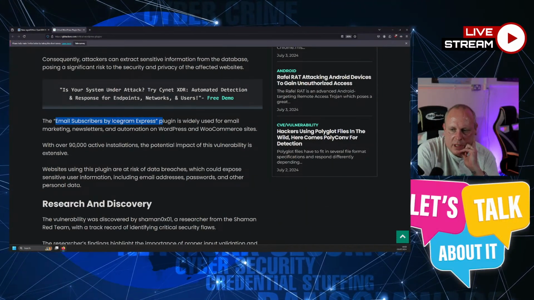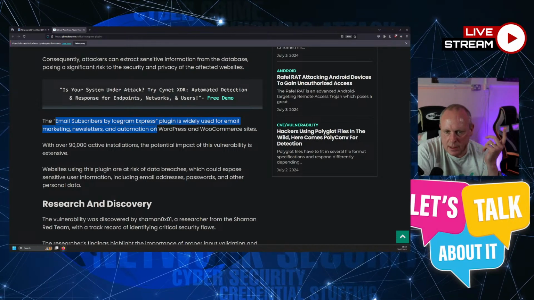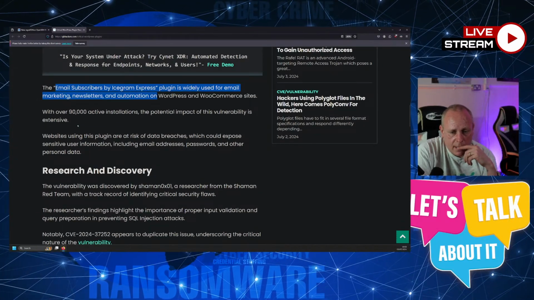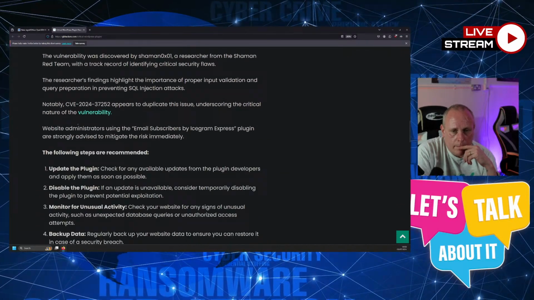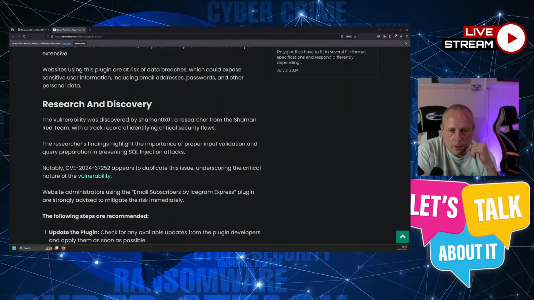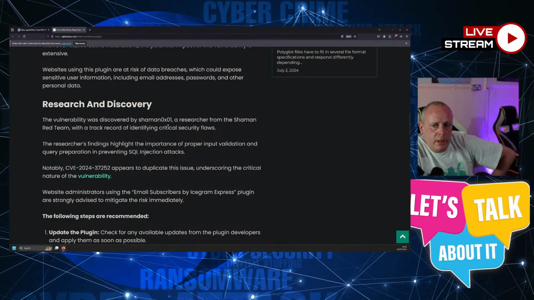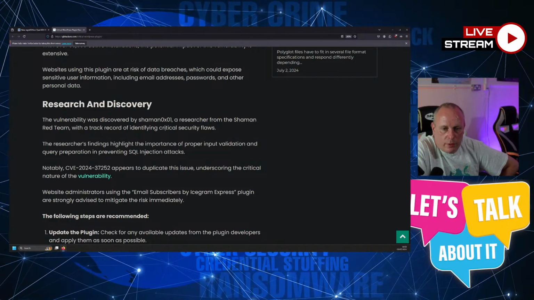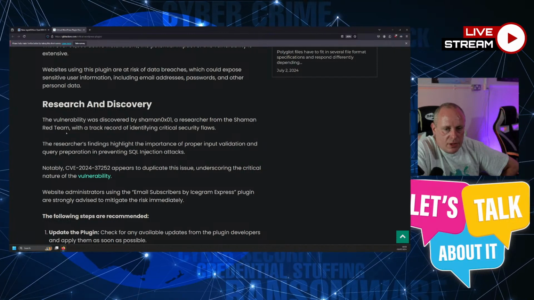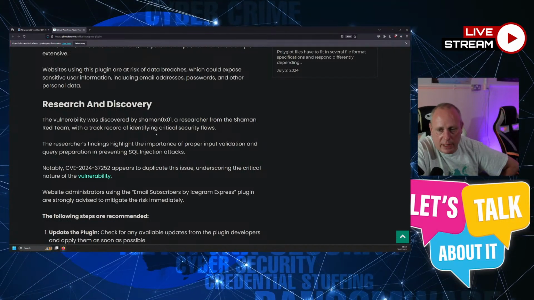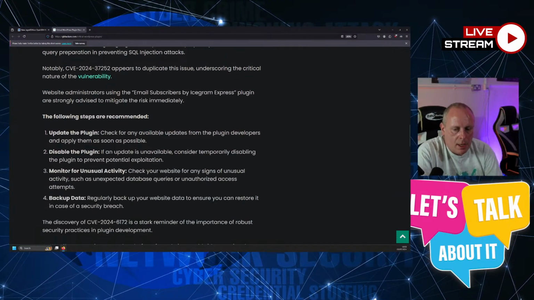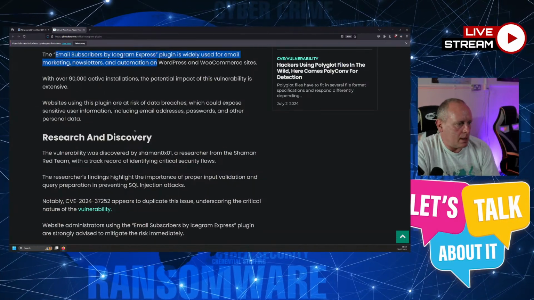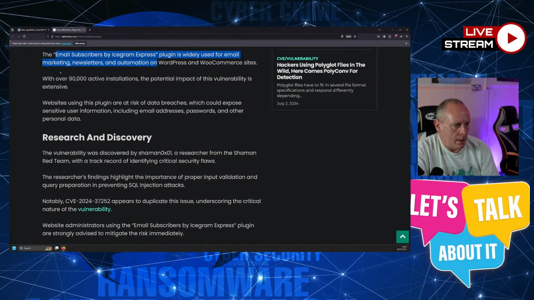This plugin is widely used for email marketing, newsletters, and automation, with 90,000 plus installations. The vulnerability was discovered by a researcher from the Wordfence Red team with a track record of identifying critical security flaws. So check your WordPress is up to date and check that plugin is up to date.